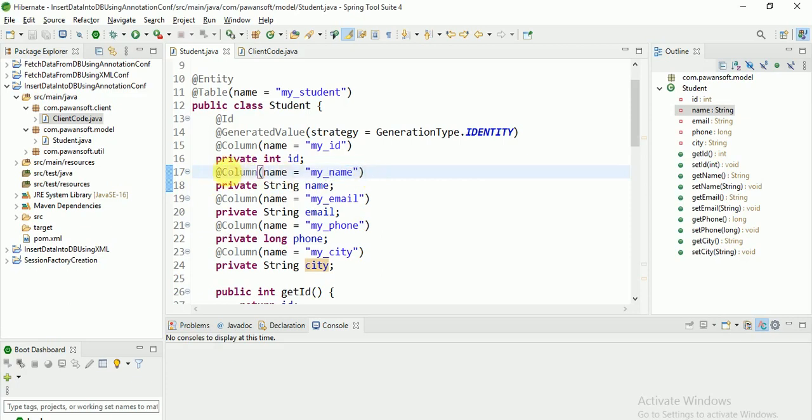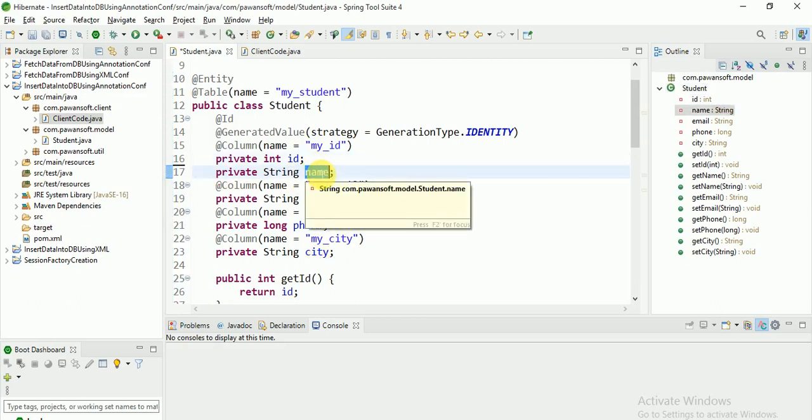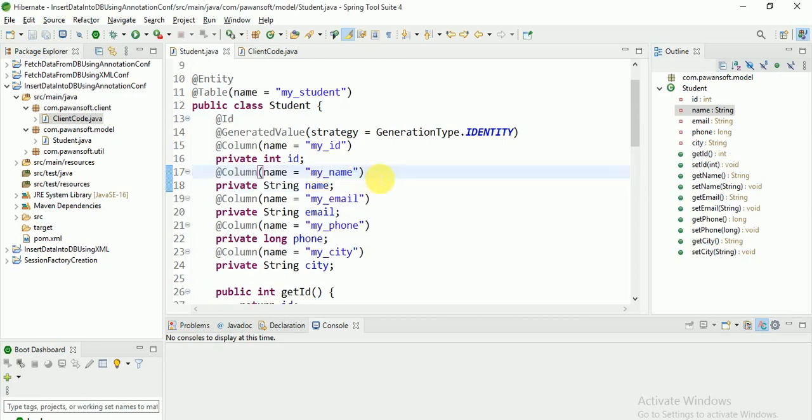If you do not specify this, then by default for this property it will create the column name as the property name, right? So the column annotation is optional, and in the case of XML, the column attribute is optional, right? And when you are using the annotation, you can see I am not providing any type, right?